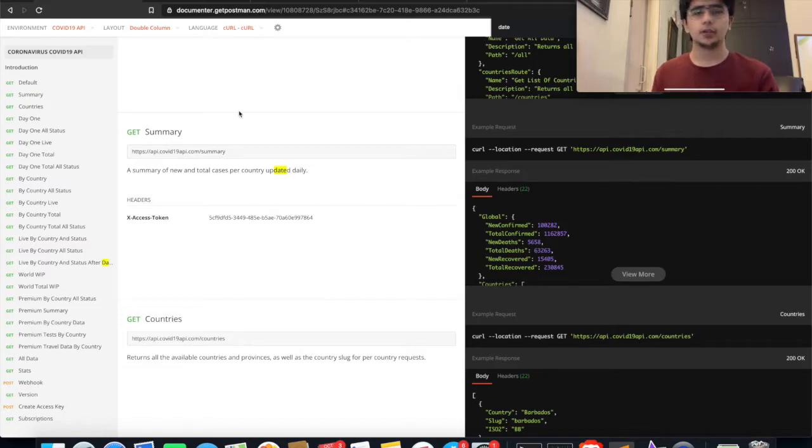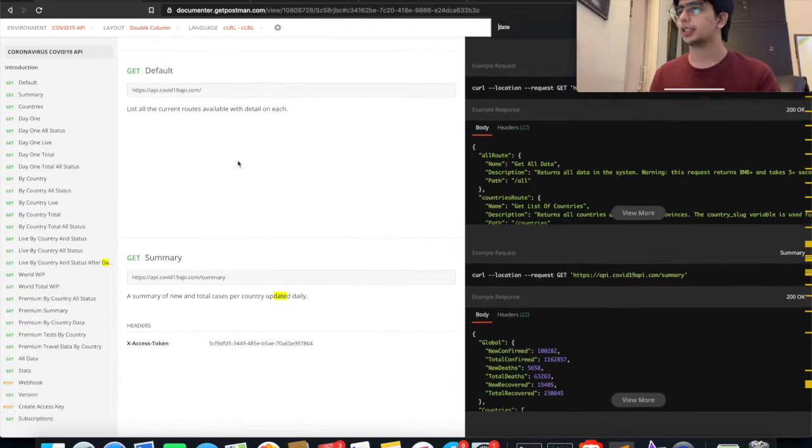Okay, so now that we have our HTML file ready, what we are going to see is first which API we can use. I found something called the Coronavirus COVID-19 API, which is, I believe, developed in collaboration with Postman. I'll leave a link for this in the description, and they've given you a free API which you can just hit and get results for. Although if you're planning on making a website which will be used by a lot of people, you would have to subscribe for this because they rate limit your API. But I think for our situation it's perfect.